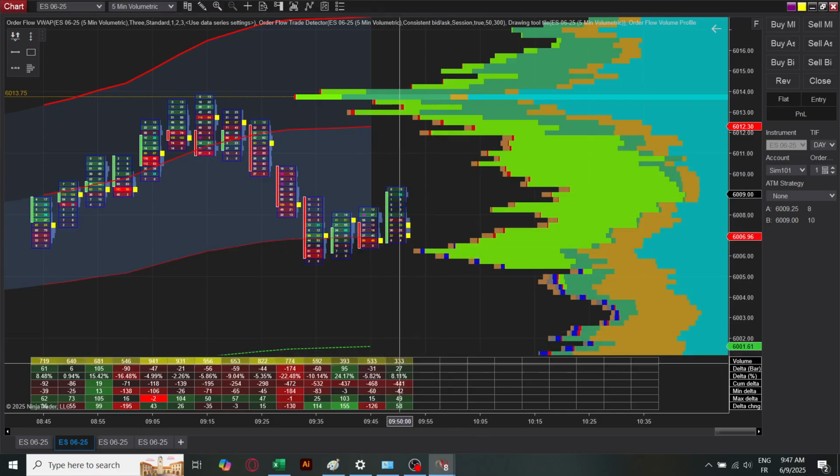We have the volume here, which is, let's say, volume is equal to 1 transaction. So we have the delta bar, which means buyers minus sellers, and it's 47, and this is the delta percentage. So the percent 34 is about 9% from the total volume, and we have the cumulative delta, which means